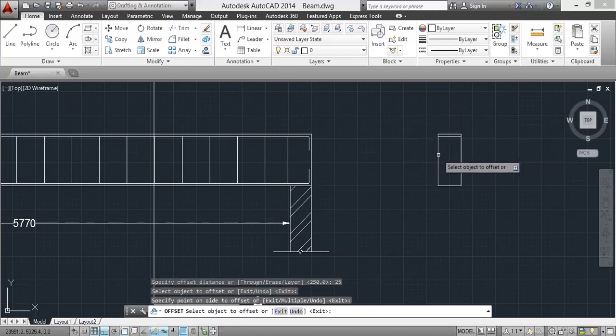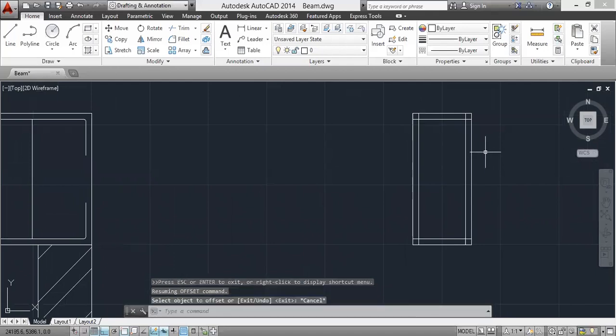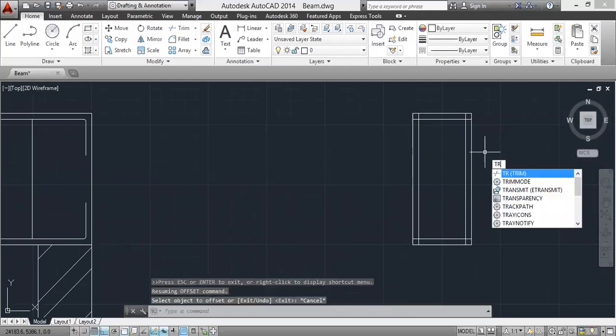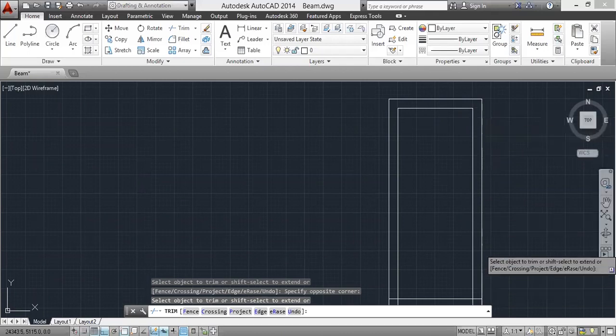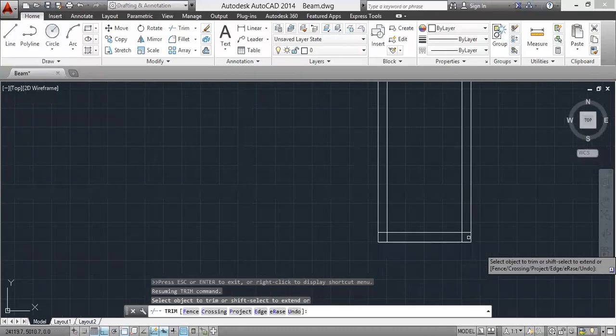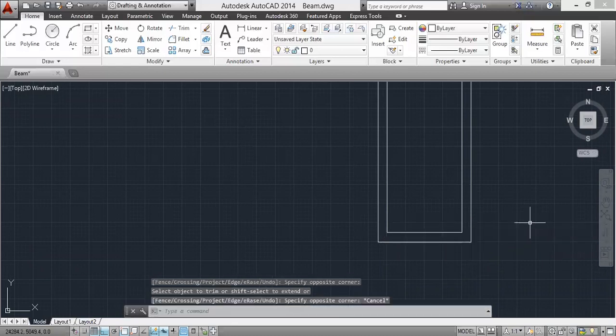Click on this line, click here, click on this line, click here, click on this line, click here, click on this line and click here. Now trim the extra lines. Okay. TR, double enter. Okay.